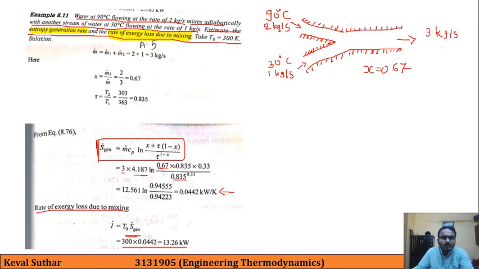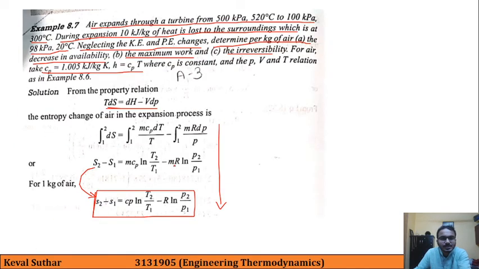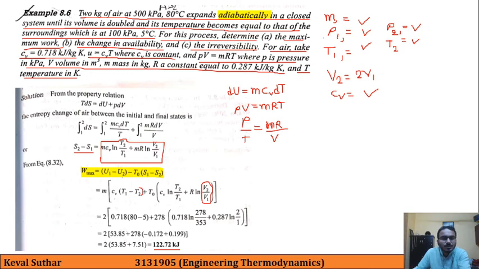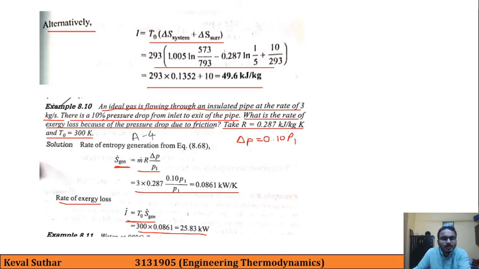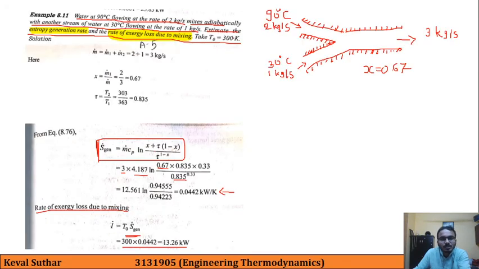So this is our end of today's numericals on exergy. Our first problem was based on this. Here the increase in volume was there, so adiabatic expansion was there, and we have calculated maximum work, change in availability and irreversibility. Second problem was also about expansion, where heat loss is present in this case. And third was about calculation of S generation where pressure drop is happening, and the last one was our mixing problem.